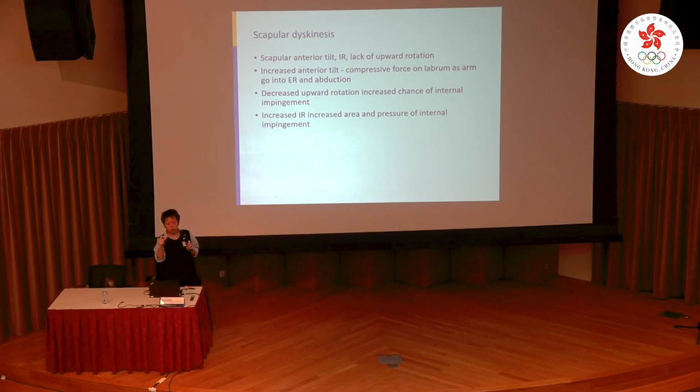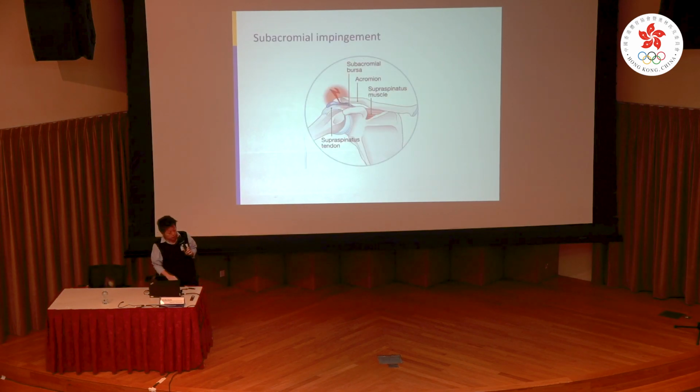Labrum 即係個魚唇個雙邊嗰度啦。Okay, if you have a decrease in upward rotation，就好似頭先嗰個 slide 啦。The athlete cannot move the arm smoothly into an upward rotation. It increases the chance of impingement. If there's an increase in internal rotation, it also causes pressure into internal impingement. Impingement喺邊度咧？